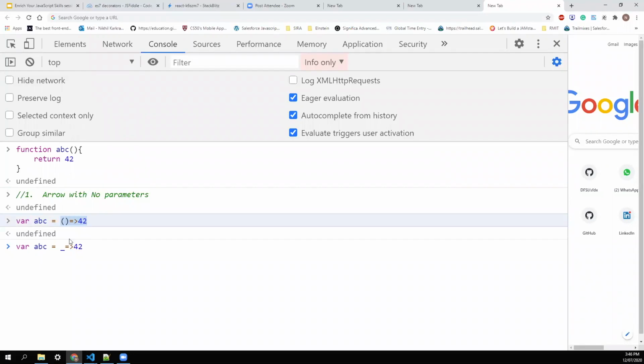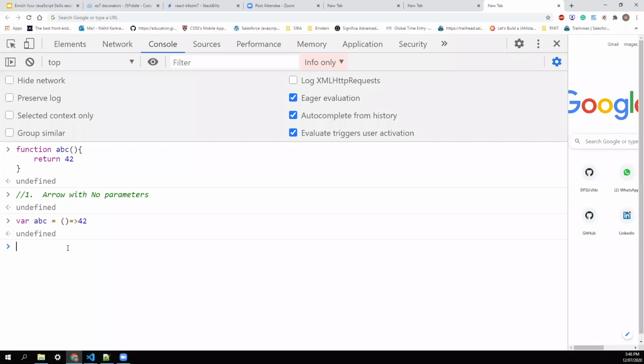That's why I prefer curly bracket here. And if there is no executing statement before return, I mean, you are not performing anything before return, then you can directly put the arrow and write your statement. So I'm returning directly 42. So when you put something immediately after the arrow notation, it means it's a return statement by default.